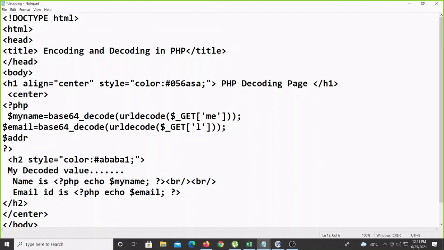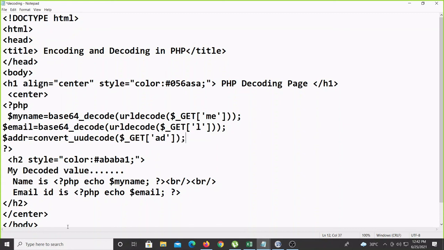Now on the other page, come here again. $addr equal to this urlencode, I can convert to the decode, and then again $_GET, that is the AD only. I pass the value there.